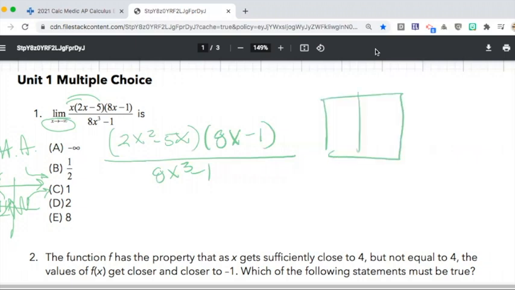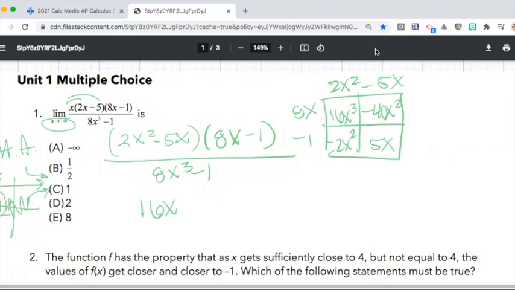If you want to use FOIL, you can. 2x squared minus 5x multiplied by 8x minus 1. 16x cubed minus 40x squared minus 2x squared plus 5x. So that's going to leave you with 16x cubed minus 42x squared plus 5x all over 8x cubed